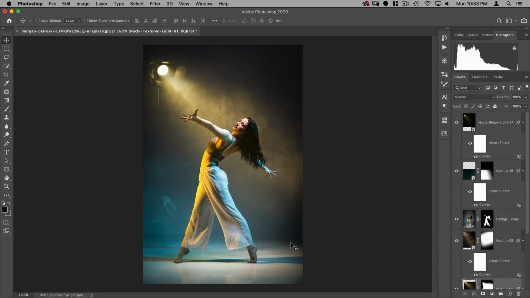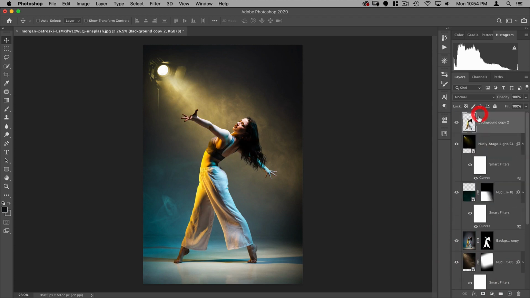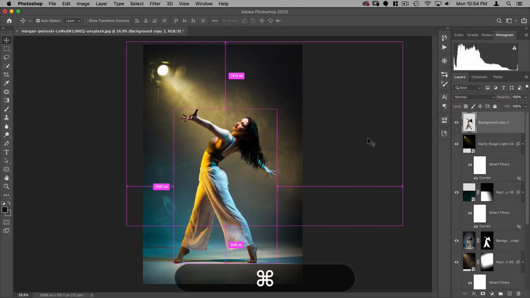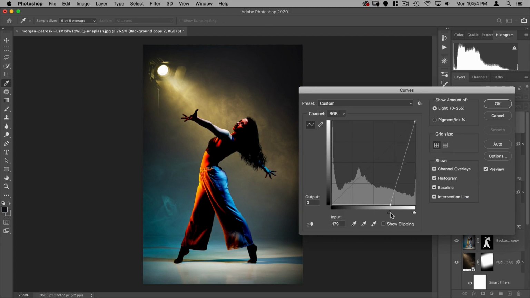Next thing I want to do is add a little bit of a color gradient over the whole thing. Actually, before I do the color gradient, similar to what we did with the knife in a previous tutorial, I want to make her highlight glow. So I'm going to make a copy of her layer, apply the layer mask, bring it to the very top, do Command M for curve, bring the bottom in so we just have her highlights. And you'll notice that her highlights are almost all red, which I don't want.